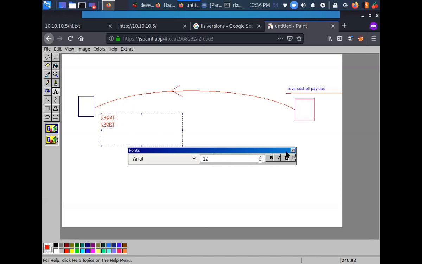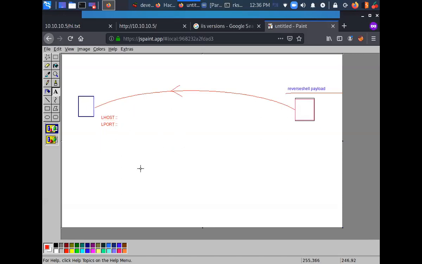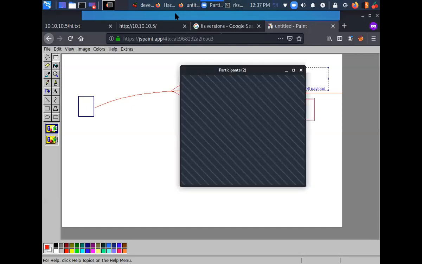These are going to be your attacker credentials, and these are going to be embedded inside this reverse shell, so that when this payload gets executed, it knows where to connect back. I hope this is clear. Yeah, it's clear. Great.